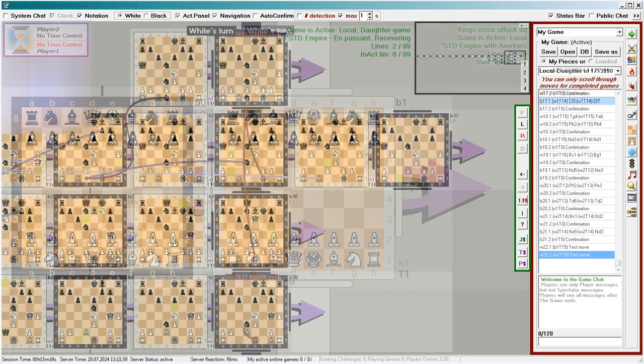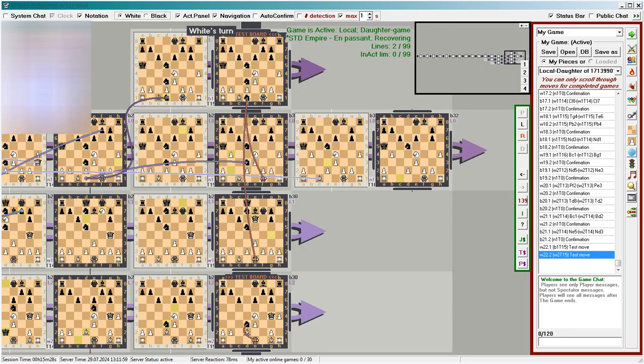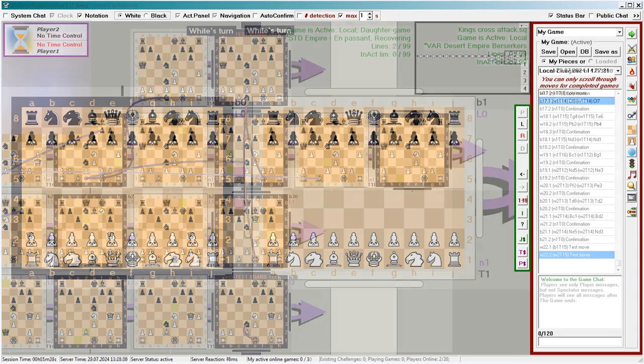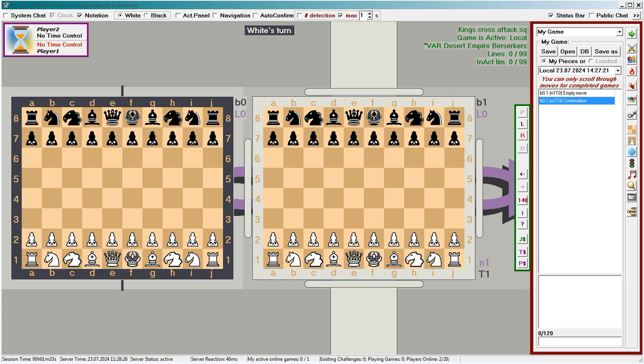They deserve an app that allows commentators and streamers not just to look at the display and say their comments, but also to analyze threats and lines and demonstrate them to viewers.